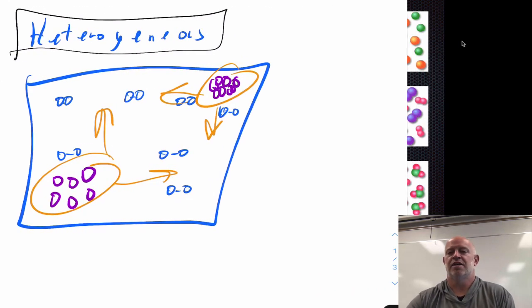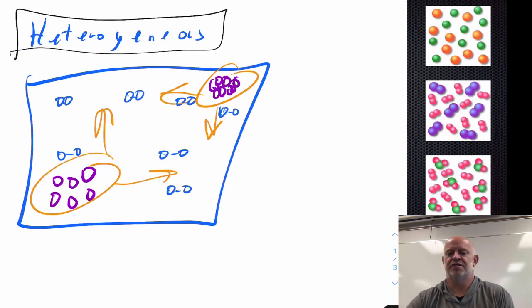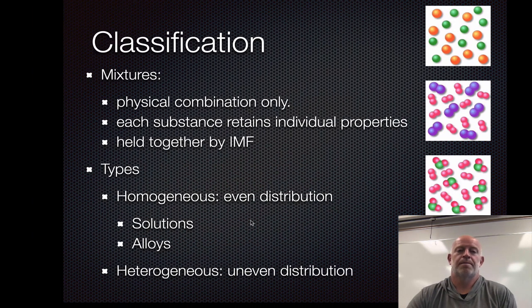Whereas I would say, you know, this has better even distribution. This is relatively even distribution. This is a pretty good even distribution. I would say this is probably the best of these right here, showing more of a homogeneous nature to it, okay? And again, this really does get down to that microscopic level, because the deeper we look, the less homogeneous things are going to be, okay? Typically, though, when we're trying to classify things, we could base off of what is visible by the naked eye, okay? So if it looks like one thing, it's a homogeneous mixture. If it looks like two or more things, it's heterogeneous. That's simple, okay? All right.